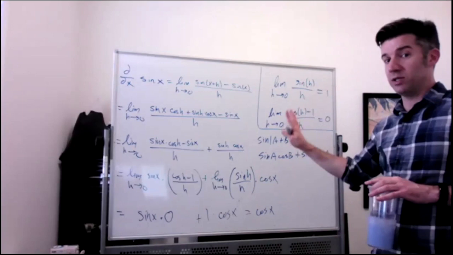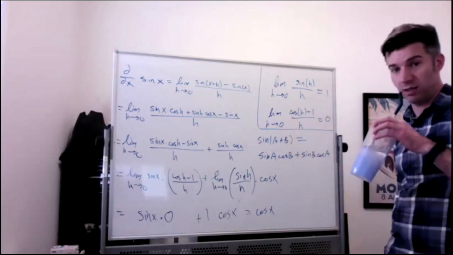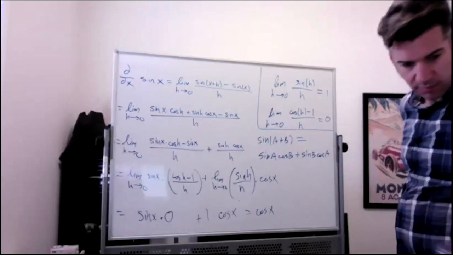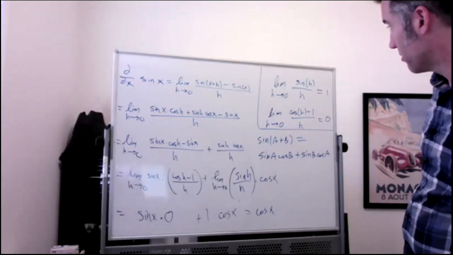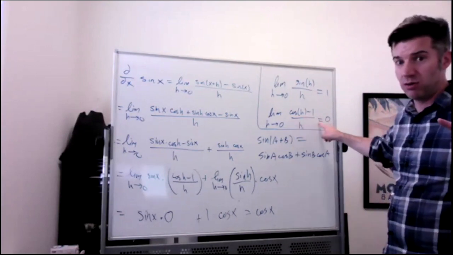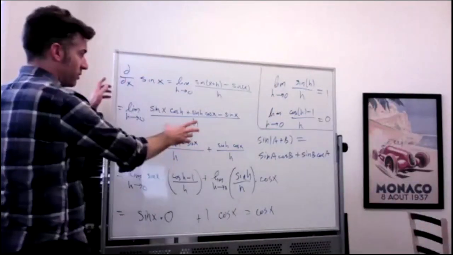Are there questions about this? I imagine there might be, so please feel free to ask them. How'd you get cosine h minus 1 over h? How did I get it, or how did I know its limit was 0? How'd you get it? So the way I got it was, I took